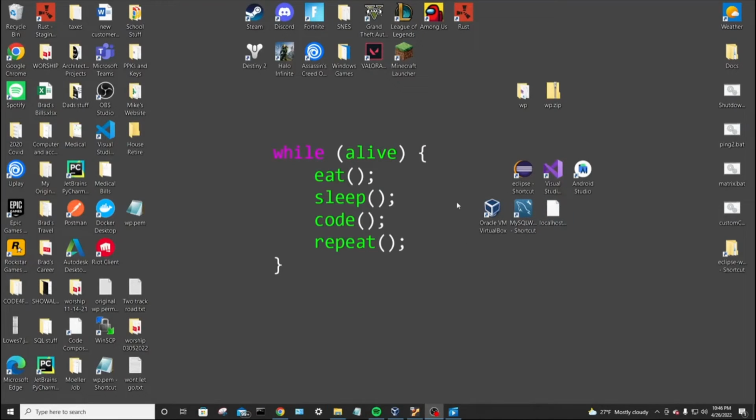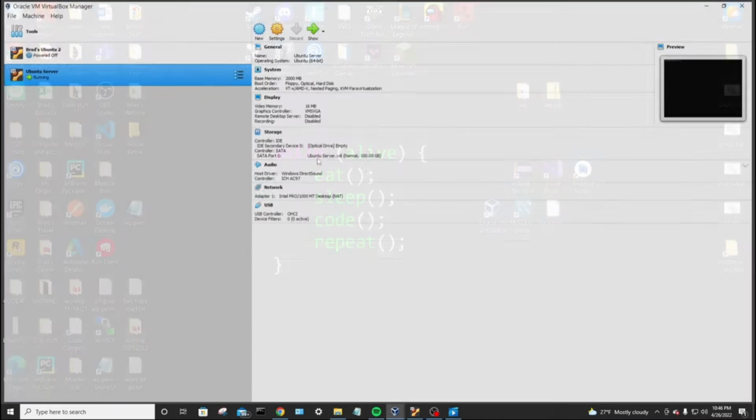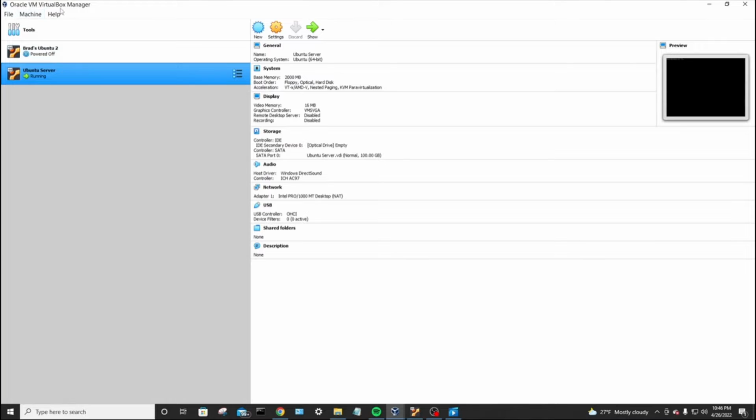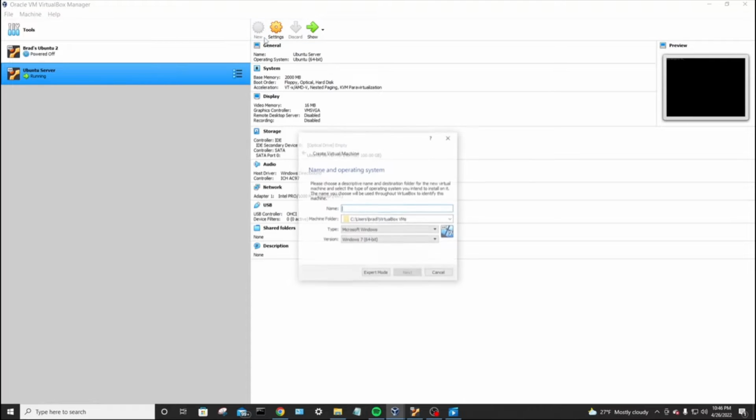Alright, so first things first, we're going to open up VirtualBox. I already have it installed here with a link on my desktop. You get into VirtualBox, you'll see I have a couple things here. I have an Ubuntu server I've already built running. We're going to create a new one by clicking this little blue, kind of looks like a blue explosion button, says new. Click that. We're going to name it,